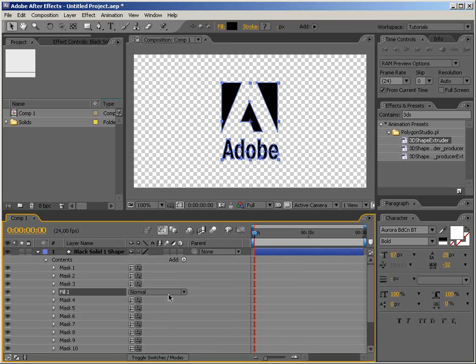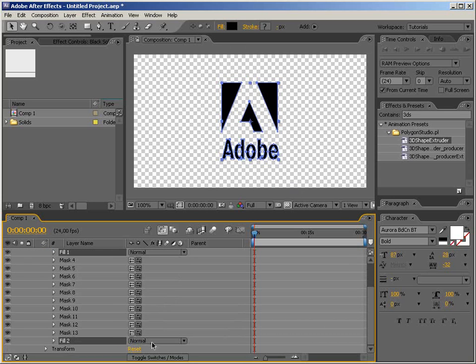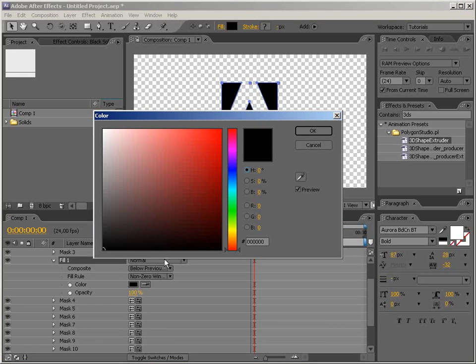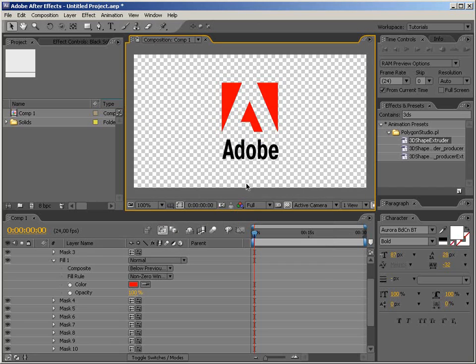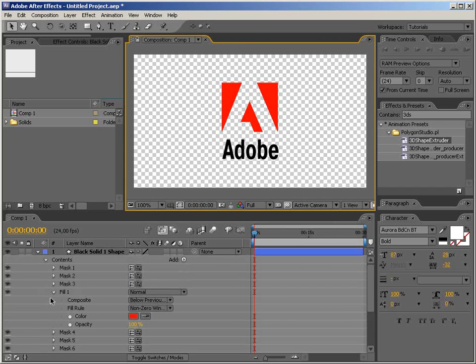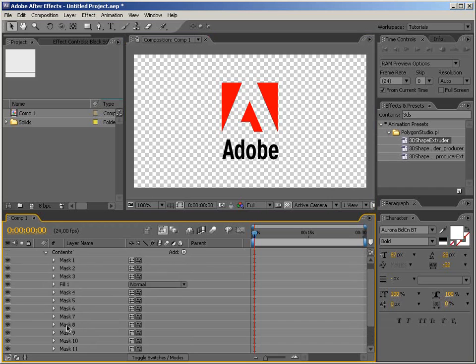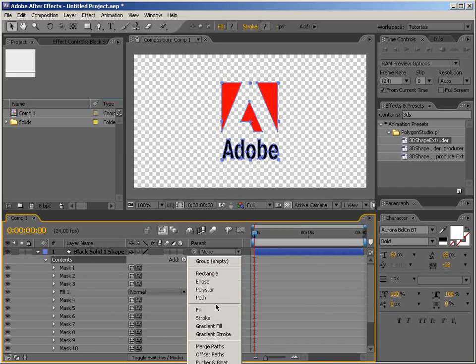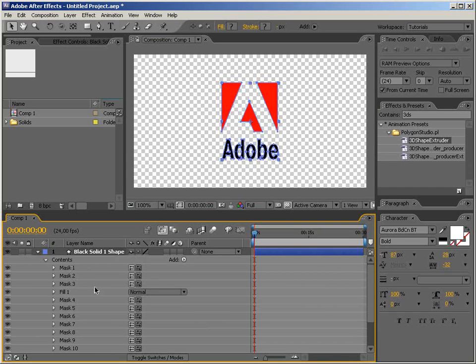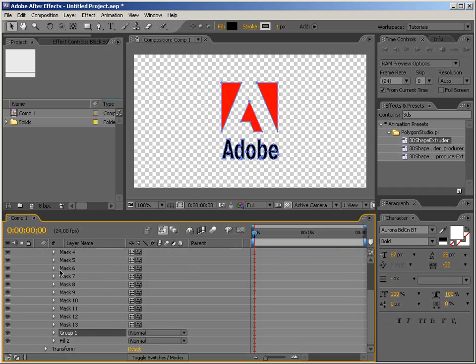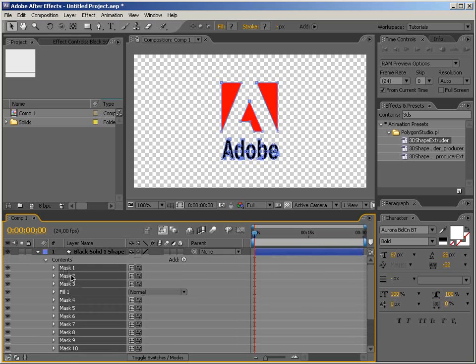And this should work, but unfortunately it doesn't. Oh yeah, the color changed for both. That's interesting. So let's just twirl down this controller and set the color to red, and that's it. Okay, great. So now we can do the same thing we did with text. So to keep everything nice and tidy, we can create a new group and call this logo, and let's move everything inside that group